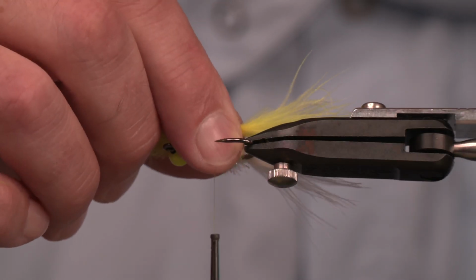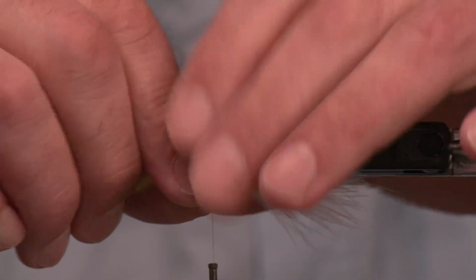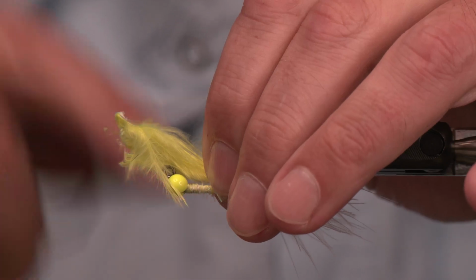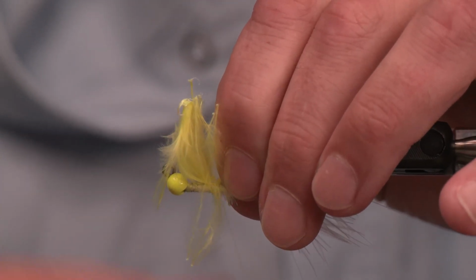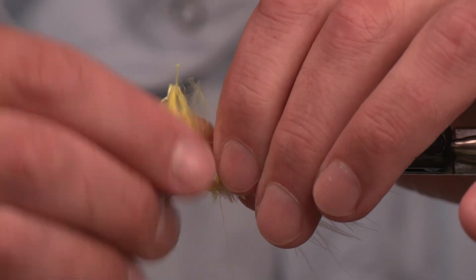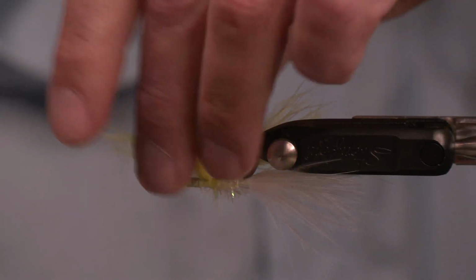We want it to be just slightly short of reaching all the way back. And again, a millimeter or two is all. It's not a half inch difference by any means, but it does need to be there. All right, so before we get into too much trouble with these tag ends or butts here, let's go ahead